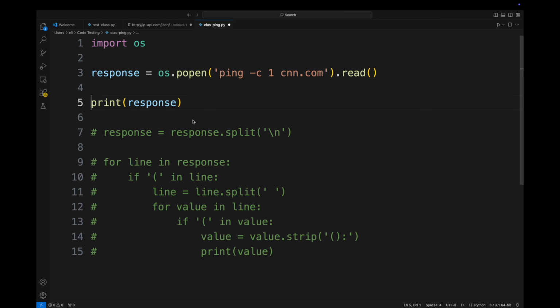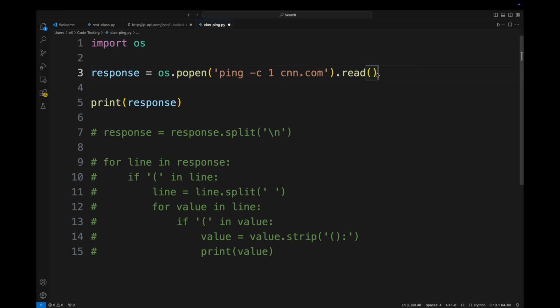So here's a basic Python script. If you don't fully understand it, that's okay. We have a full series on Python. If you really want to learn how this works, this will just give you an example of what parsing looks like when you're actually writing some code. Here, we're going to use something called the OS module. This allows us to interact with the underlying operating system using Python. So we're going to send a command to the operating system: ping, for a count of 1, CNN.com. So we're going to ping CNN.com once.